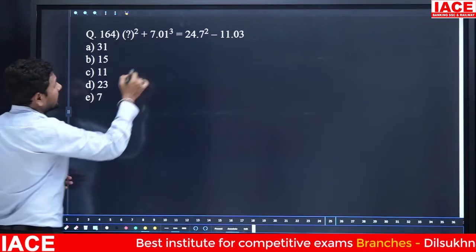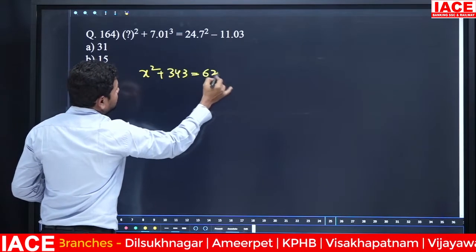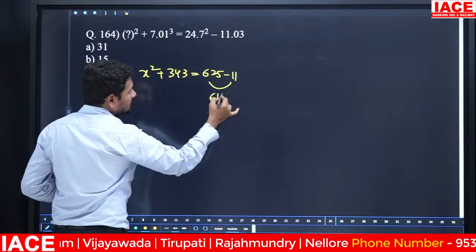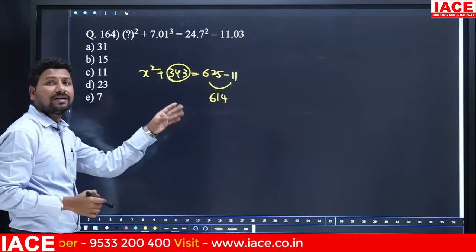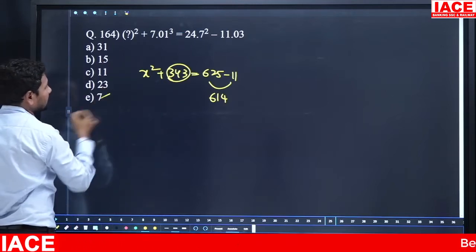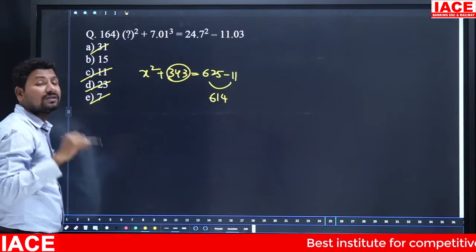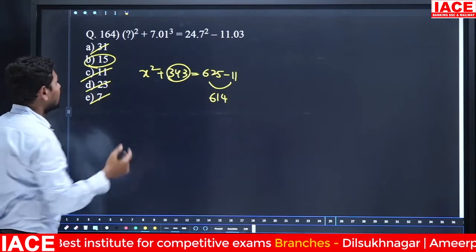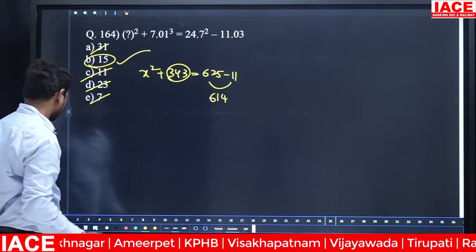Next question is x square plus 7 cube. The value is 343, and 25 square value is 625 minus 11. From 625, 11 will be removed, you will get 614. And what number is added to 343 to get 614? Almost you have to add 270. Then 270 should come out from the square. 7 square is not 270, 11 square is not 270, 31 square is not 270, 23 square is there but 23 square is 529, not 270. Only one number is available, the 15 square answer is very near to that. Then you have to check approximation-wise, you have to check the near value. That's why we are checking with 15.